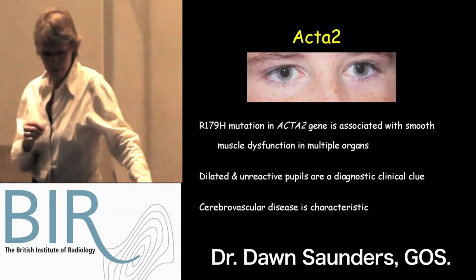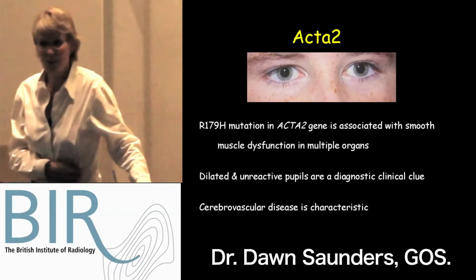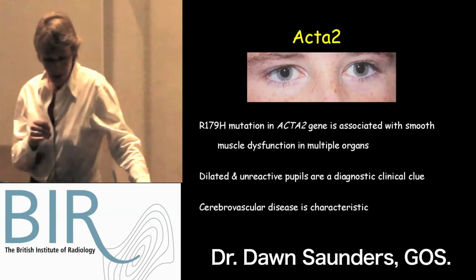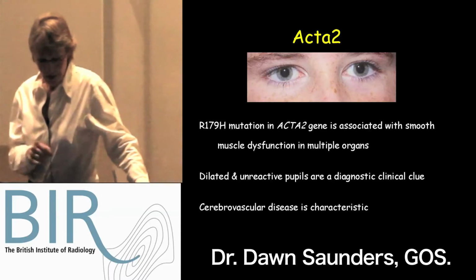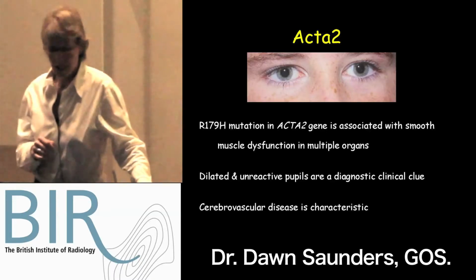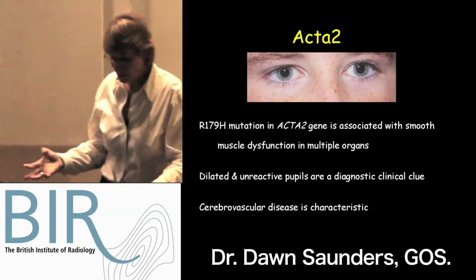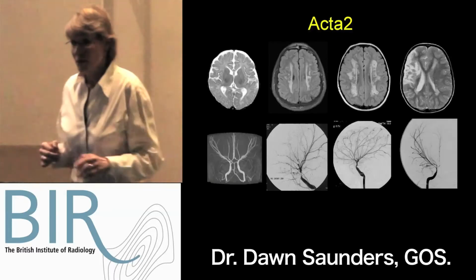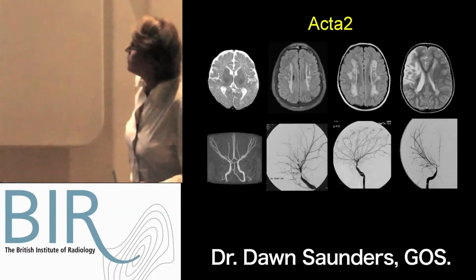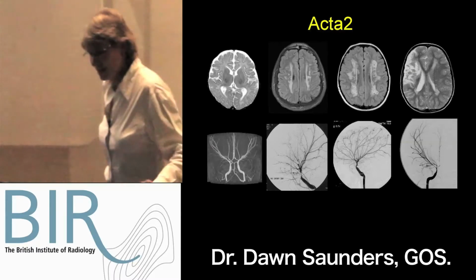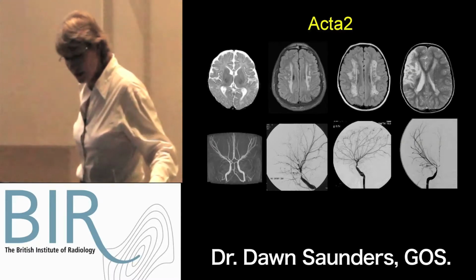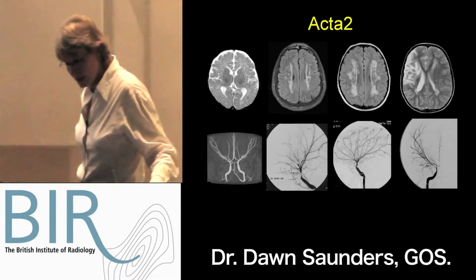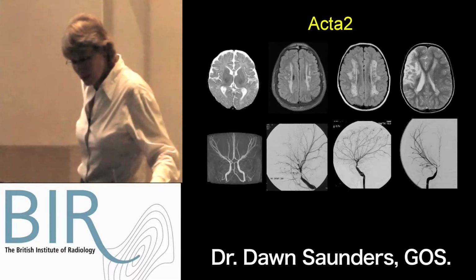All our children have dilated non-reactive pupils, which is, of course, a diagnostic clue, and a characteristic cerebrovascular disease, which I'll show you. And it's seen in association with aneurysms, hypotonic bladder, obstructive lung disease, and GI disorders. And unfortunately, it carries a rather poor prognosis. So a lot of the children subsequently have died. Some of them are still alive. So as I say, we've got 12 cases where we've seen